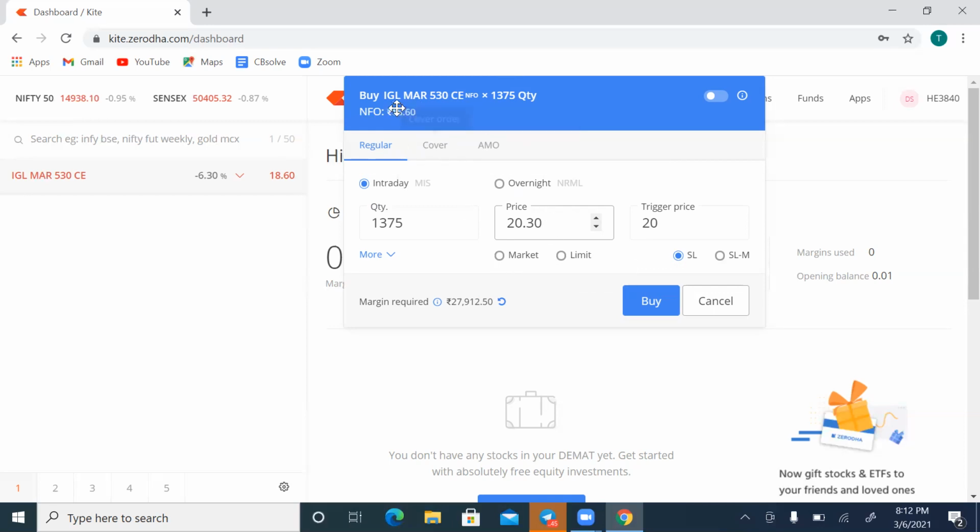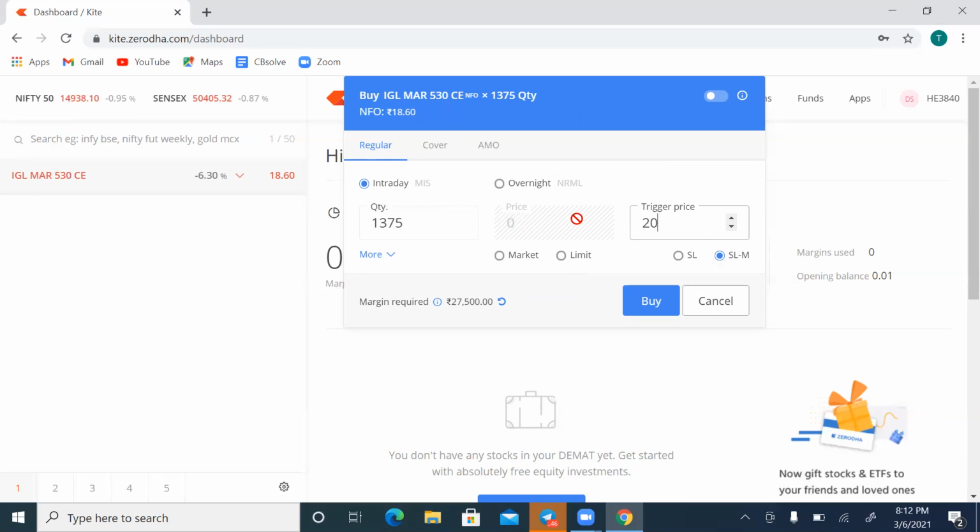When you are buying and want to place the order above your current price, you have to use SL. Okay. SLM is a different option. It will directly mention only the trigger price. So at this price, it will trigger and it will get executed. For example, if you mentioned the trigger price as 20, and after 20 there is a bid directly at 25, then automatically it executes at 25.